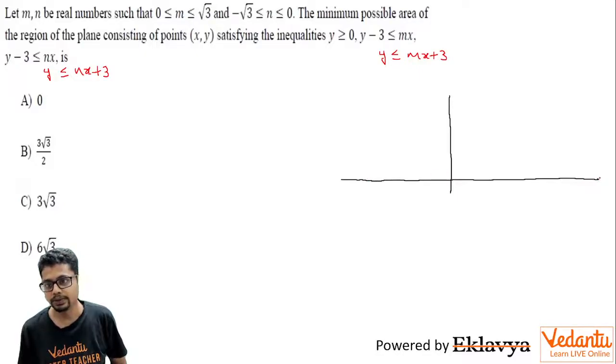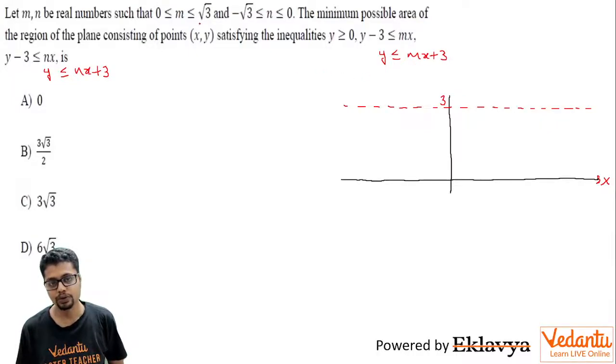y equal to 0 is essentially the x-axis, and y greater than or equal to 0 means above the x-axis. y equal to mx plus 3, where m varies between 0 and root 3, both included. So when m is 0, you get y equal to 3. I'm just talking about equality at this point of time, and then we'll also talk about the inequality. So when m is 0, y is equal to 3, in which case you get a line y equal to 3 parallel to the x-axis. Now as you increase m